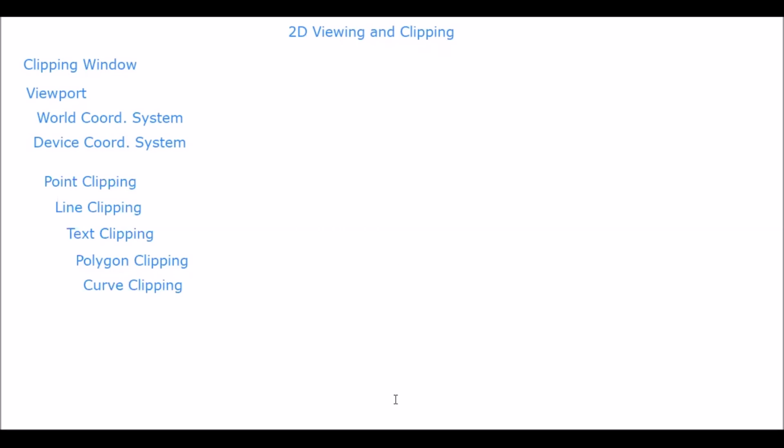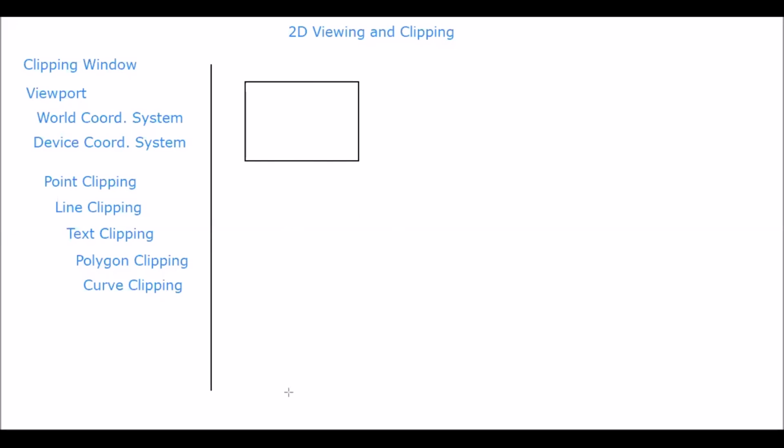So first of all, I would talk about point clipping. As I have already given you an example, clipping is to make something visible or invisible depending upon the choice of the user. When I draw something within this box, that should be visible.